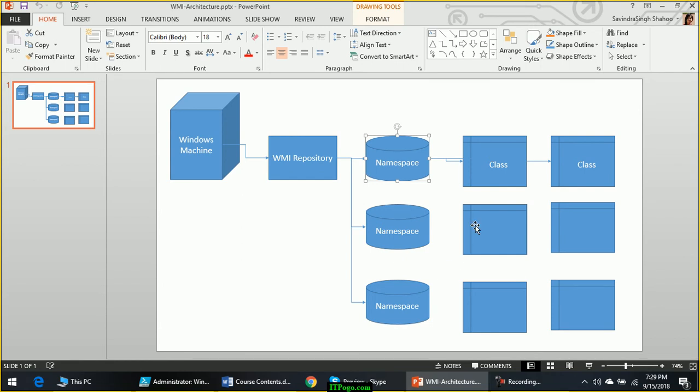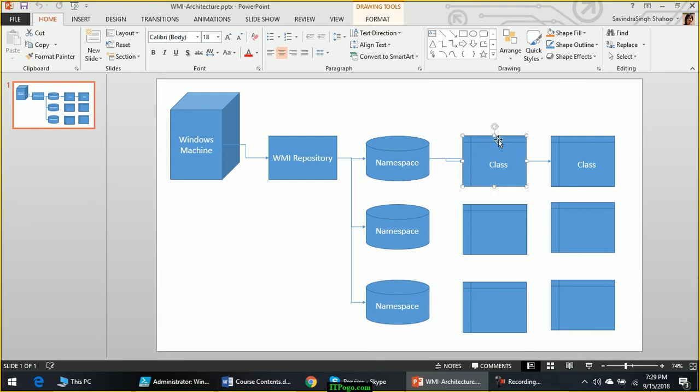Any information related to .NET will be stored in a different database or namespace. So under namespaces there will be classes. Like under a database, what do we have? Tables, right? So under a namespace you will have classes.